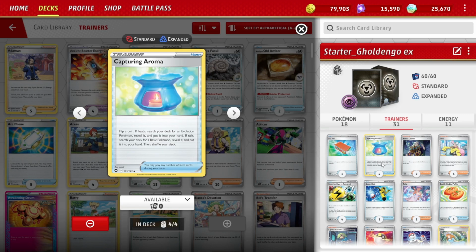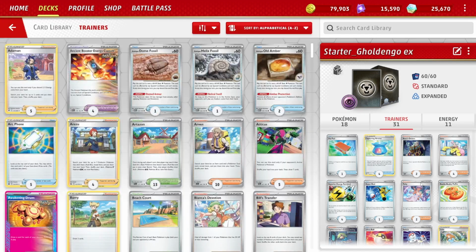I've said in other videos I don't love the flippy nature of it, but it is a way to get evolutions as well, because getting those evolutions is tricky. You flip a coin, I always forget which way it goes, heads, it's an evolution, you search for an evolution. Tails, search for a basic. Is this an asset to the deck or not? I'm not sure, but it's in the deck, and obviously we do need more ways to get Pokemon into our